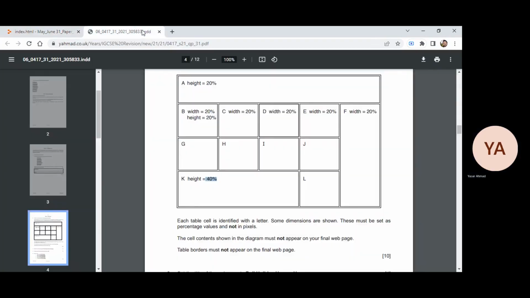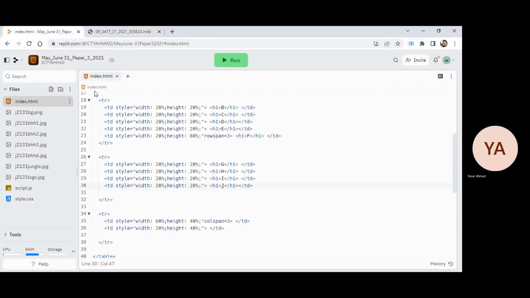So K and L. So I'm just copy and pasting that in. So K